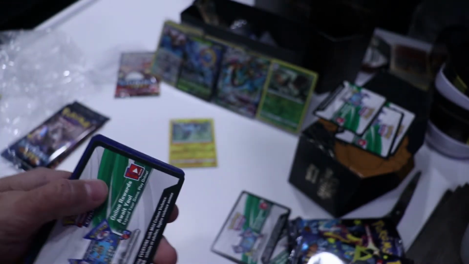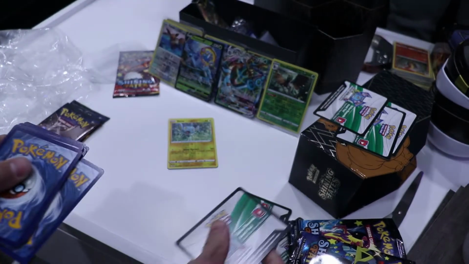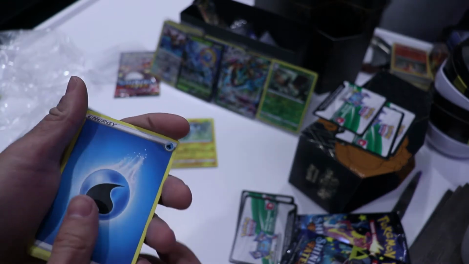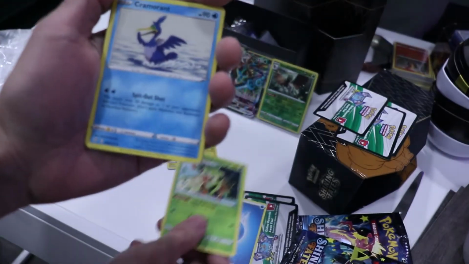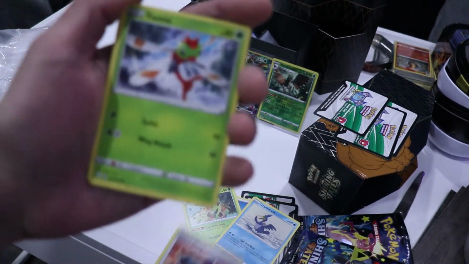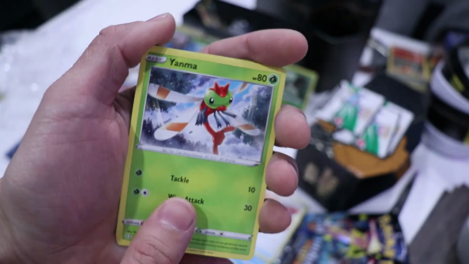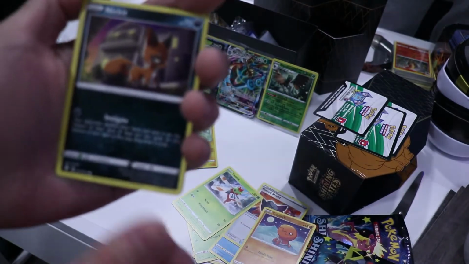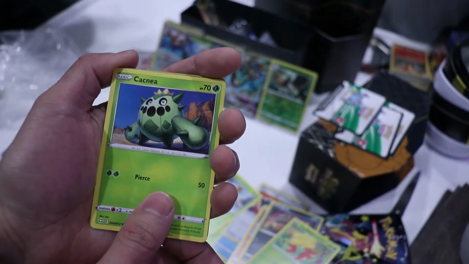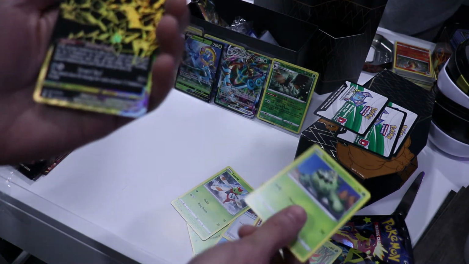Two shinies. We'll just keep guessing Fire Energy here. Fire, a Water Energy. Alright, Thwackey, Cramorant. There's a shiny version of this one. Rusted Shield, Yanma, Trapinch, Nickit, Gossifleur, Cacnea. Ooh, there's something shiny back there. Eternatus